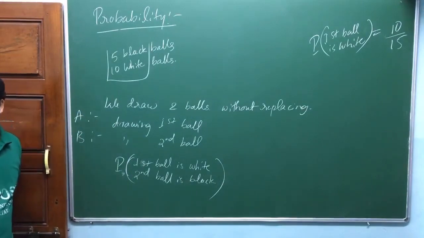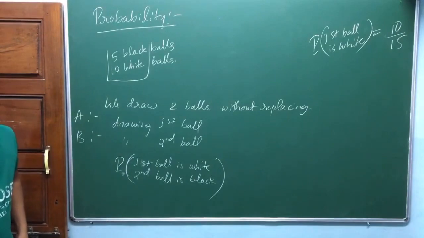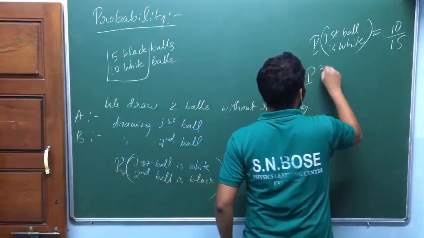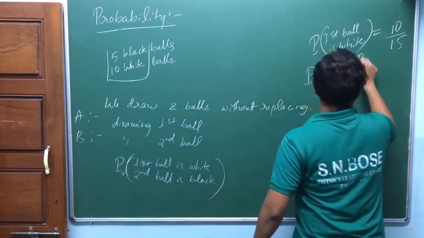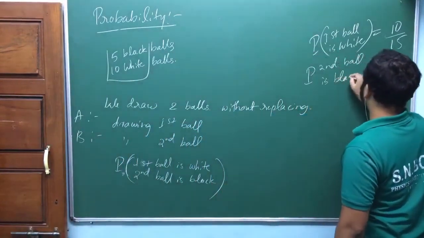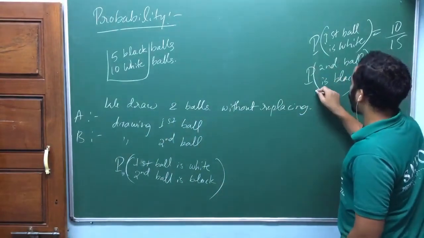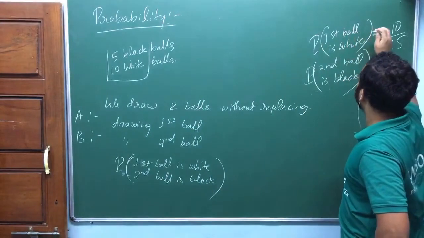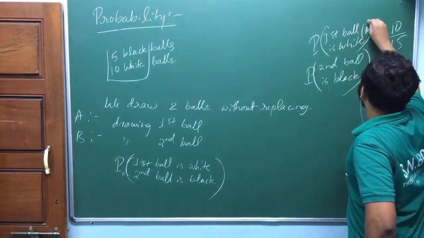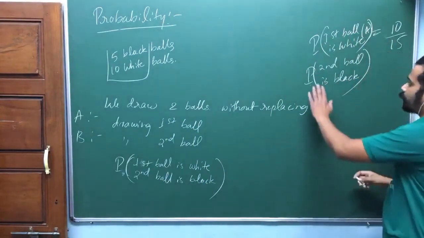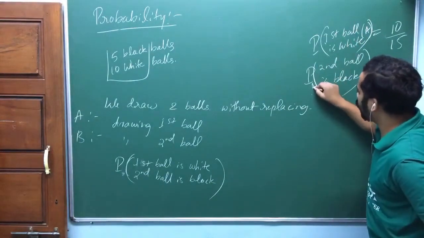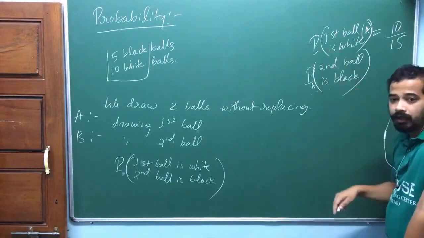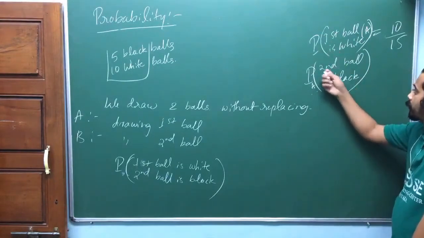Yeah, why are you thinking? Yeah. So then the probability that the second ball is black. Look at here. After this one, let me call this event A. So you are talking about event B after event A has happened. You have already done the first ball, okay? Then you are talking about the probability that the second ball is black.